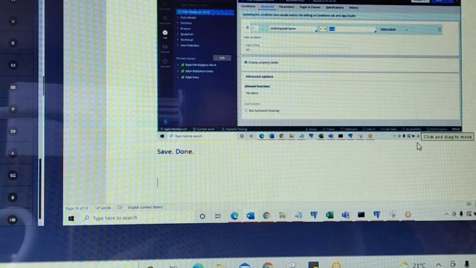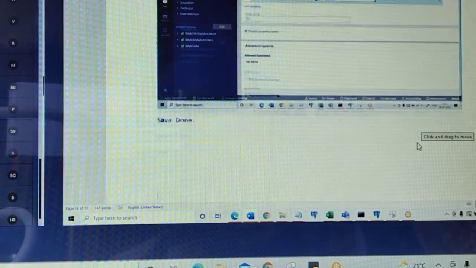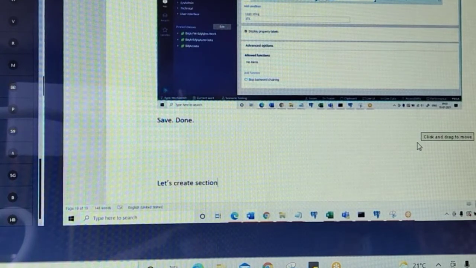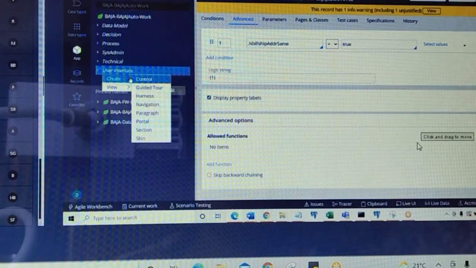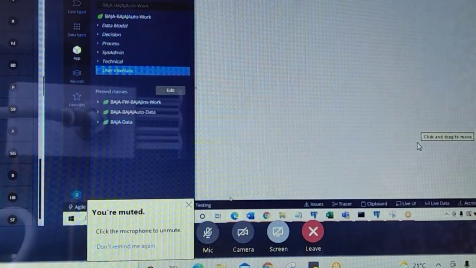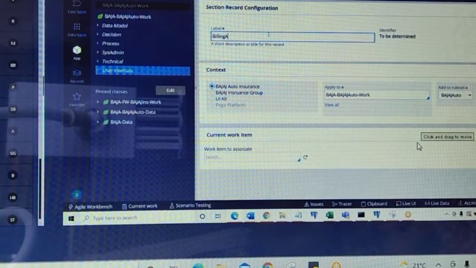Just hold on. Next, what do we need to do? After this is done, you created the data class, properties, page properties, checkbox property, when rule. Next, create sections. Let's create a section for billing address. Section is under which category? User interface category. How many sections in total? 3 sections, right? Okay, one is the billing address section.